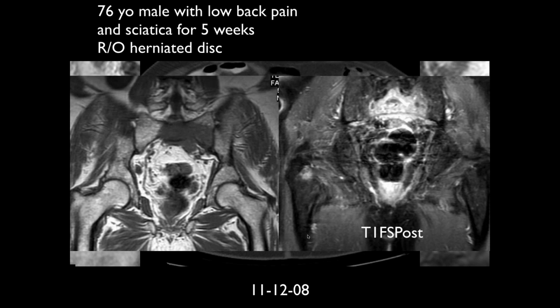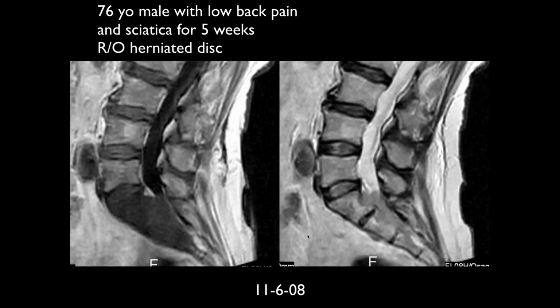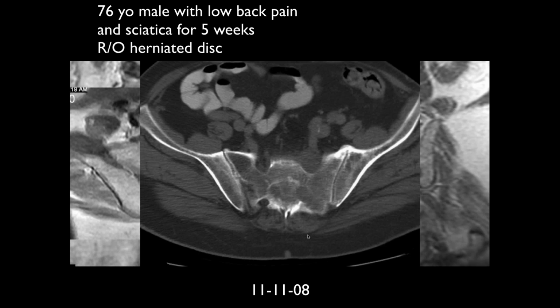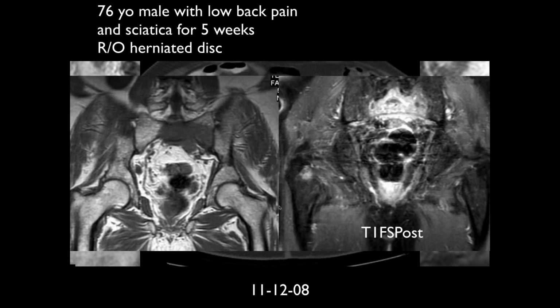Yes, I was wondering if the iliac bone was also affected in the CT. There's a little lucency anteriorly at the SI joint level, but it could be just degenerative. I think that's just degenerative. And then here we have the